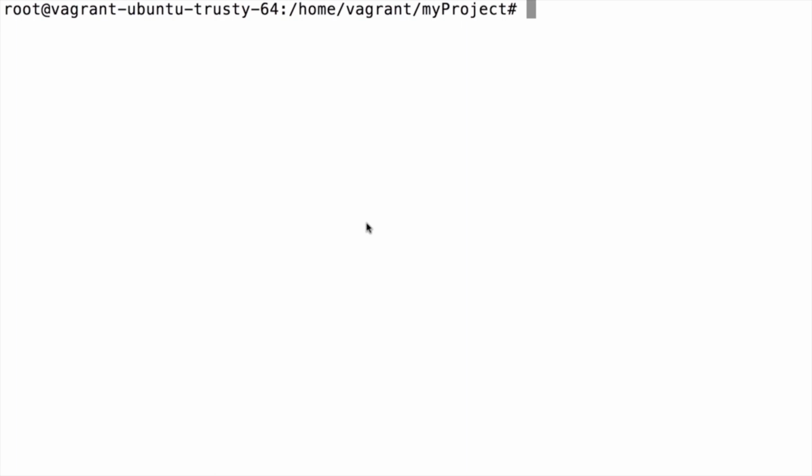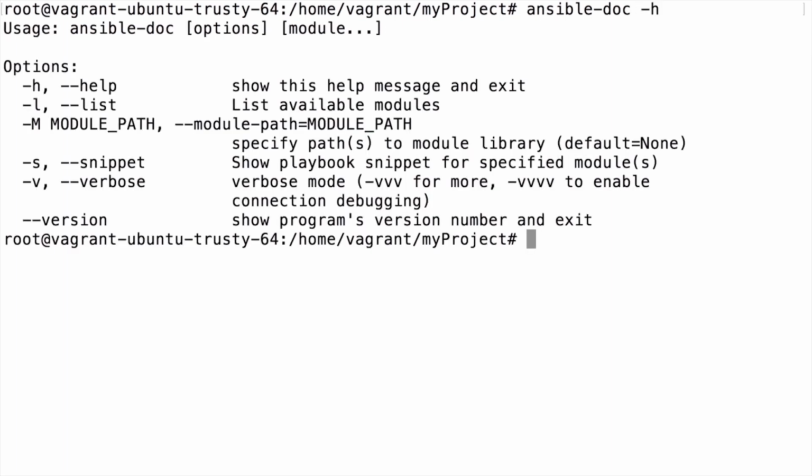We're going to be covering where you can go for help with Ansible on the command line. This might be a niche use case depending on your preference, but since you can do pretty much anything else from the command line, I thought it might be useful to cover how to get help with a module while you're there. The keyword for this is the ansible-doc command. If I want to get help on usage, I can run ansible-doc -h, and it gives me a list of options. You can see that you can get a list of modules with the -l flag, which I can pipe to grep to find something specific like